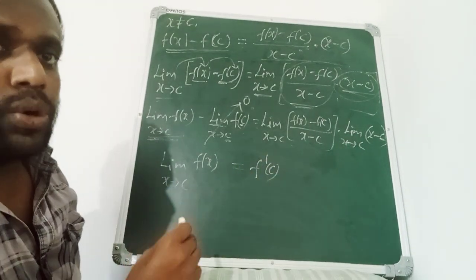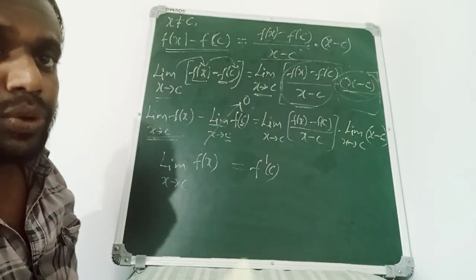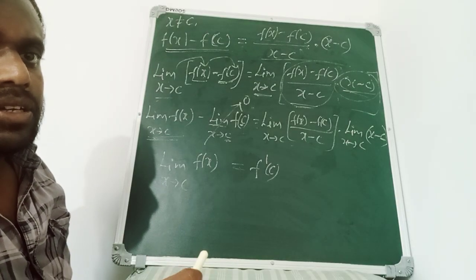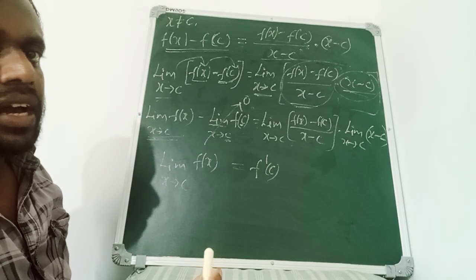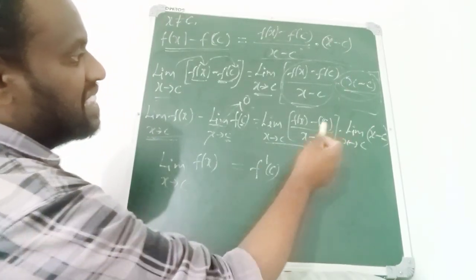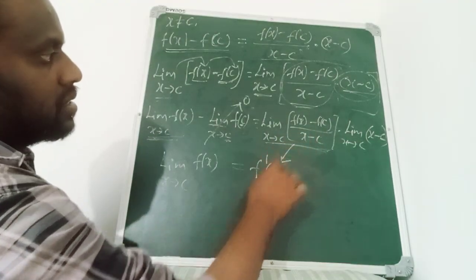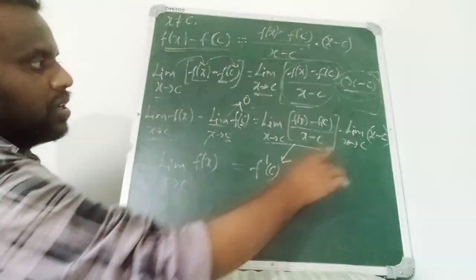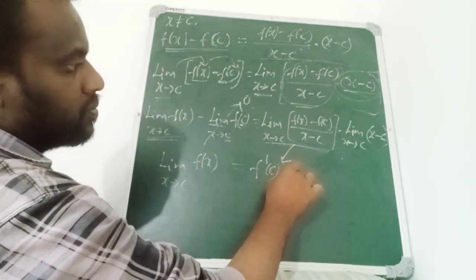In the beginning I put a box and told you to remember. Just move the video backward and you will see that. So this thing can be written like this. This is equal to f dash of c, next into